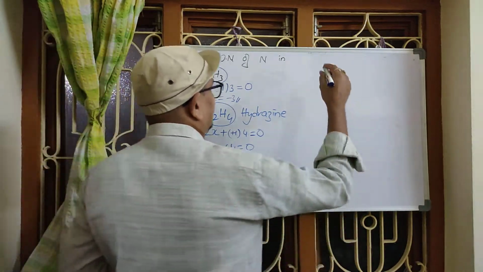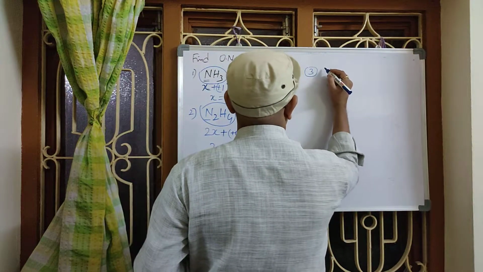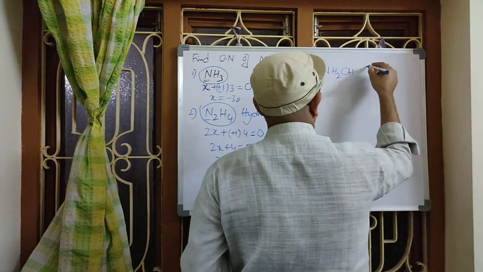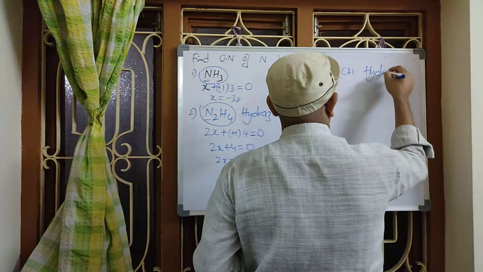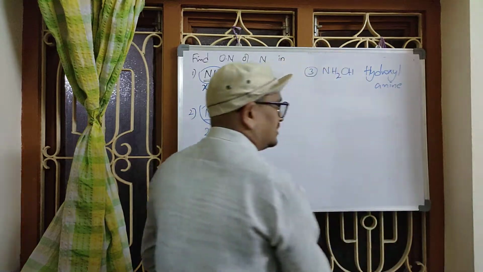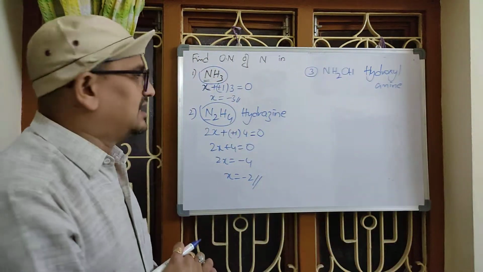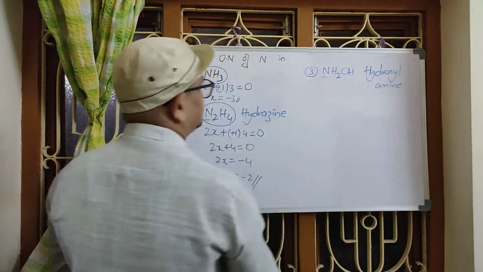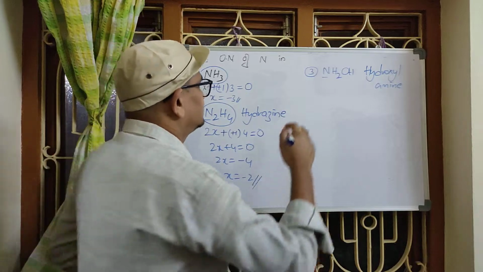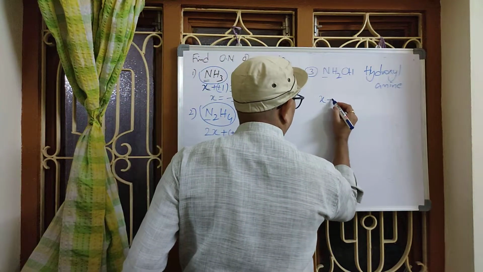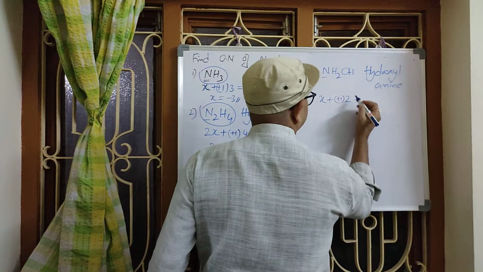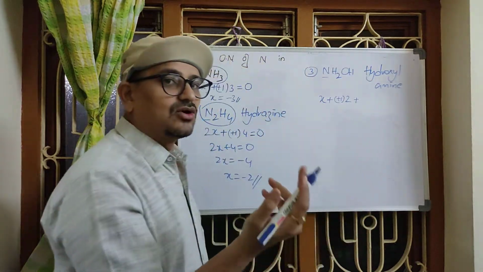One more question. Find the oxidation number of nitrogen in NH2OH, which is called hydroxylamine. So, find that of nitrogen. Now, you can easily find it out. Let it be X plus, each hydrogen is +1 into 2 plus, oxygen. What is the common oxidation